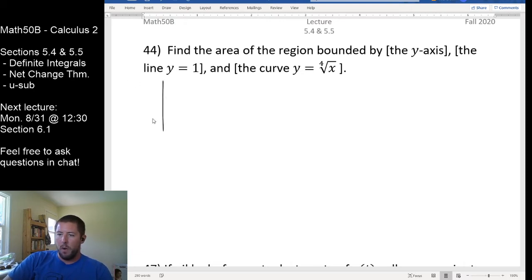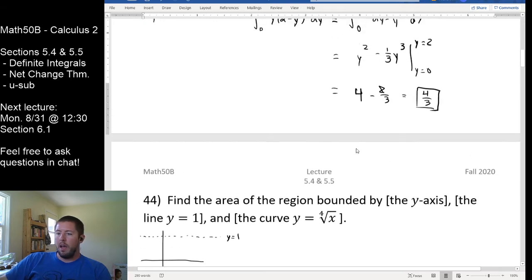So I'm going to go ahead and draw my y-axis and my x-axis here. I don't actually know, are we going to be only first quadrant here? I know that the y-axis will be a boundary for me. I've been given that the line y equals 1 is going to be a boundary line, so there's my y equals 1. I've got the curve y equals the 4th root of x. I know that the square root of x,